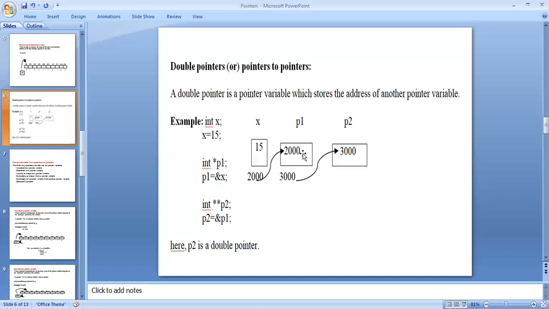The p1 memory location 3000 will be stored in p2, pointer variable 2. Here p2 is a double pointer. Once again, the x value is 15, the address of x is 2000, and 2000 will be stored in pointer p1 and 3000 will be stored in p2.